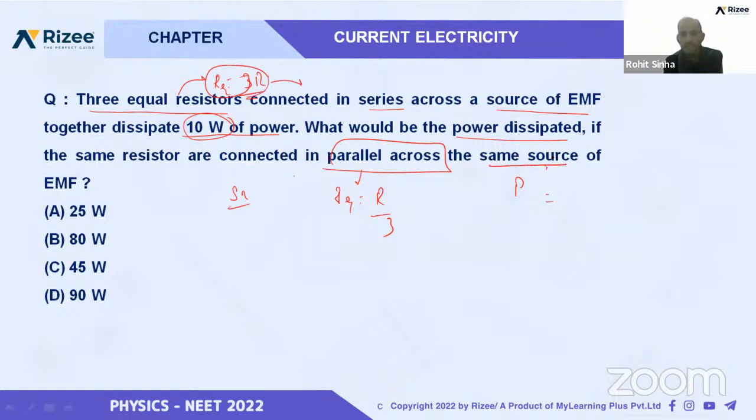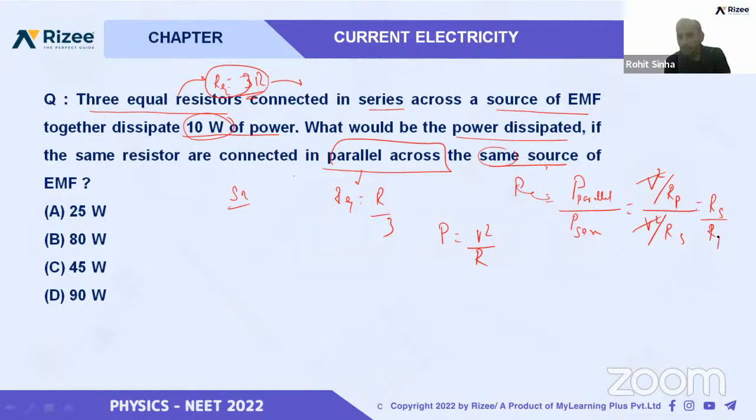It is written here, they are connected to the same source. If they are connected to the same source, we can write P is equal to, we know, V square by R. That means if we are finding the power in parallel by power in series, we can write V square by resistance in parallel, divided by V square by resistance in series. The V square will be cancelled because same source is given here. You can write RS by RP, and you know here RS is 3R,